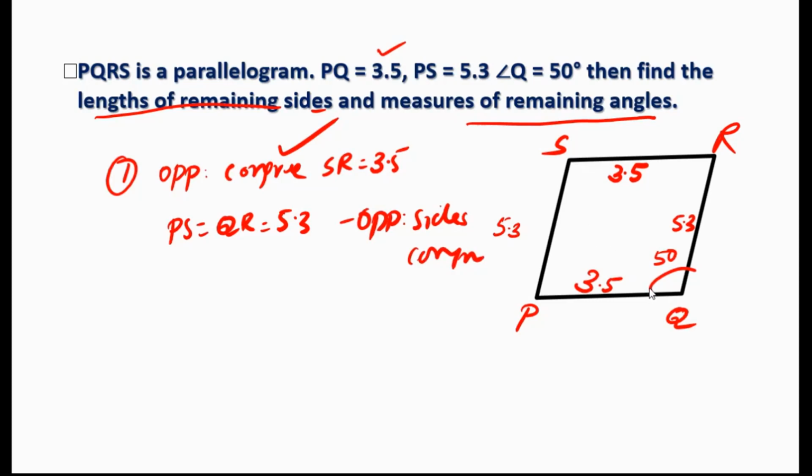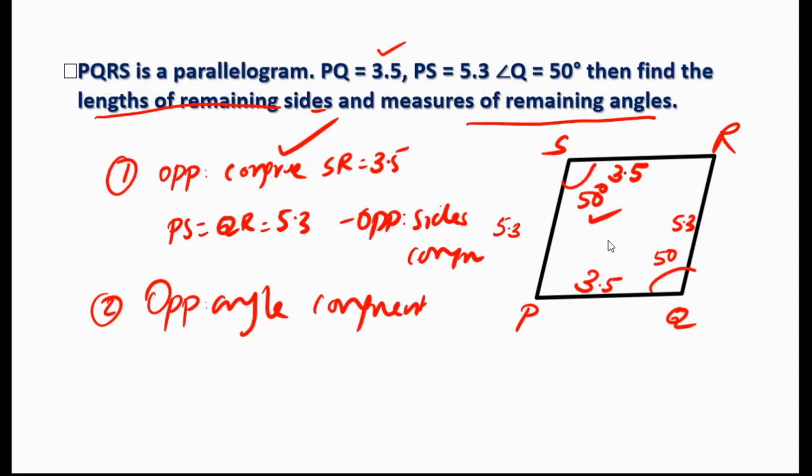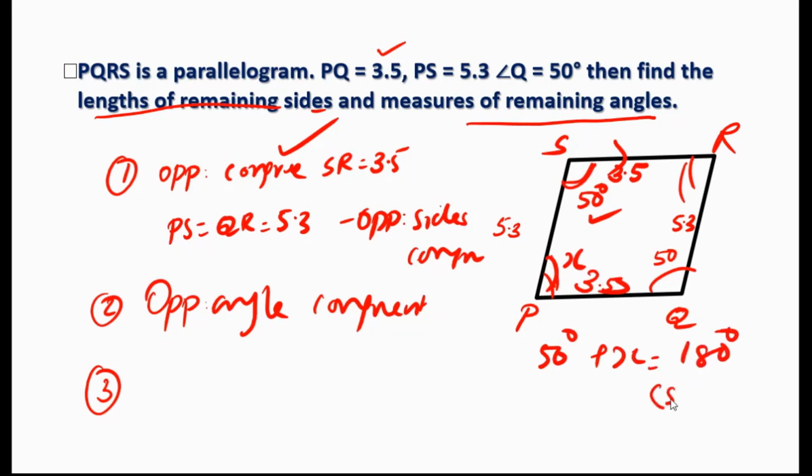Now regarding angle, there are more than one way. One way is that you can write this angle is equal to 50 degree. In parallelogram, opposite angles are also congruent. From this property you can write that. But here you reached, what about these two? Now the property of parallelogram and parallel lines and the transversal says that this plus this, that is angle S plus angle P, which we don't know now, that is 50 degree plus X degree, must be equal to 180 degree because they are supplementary.